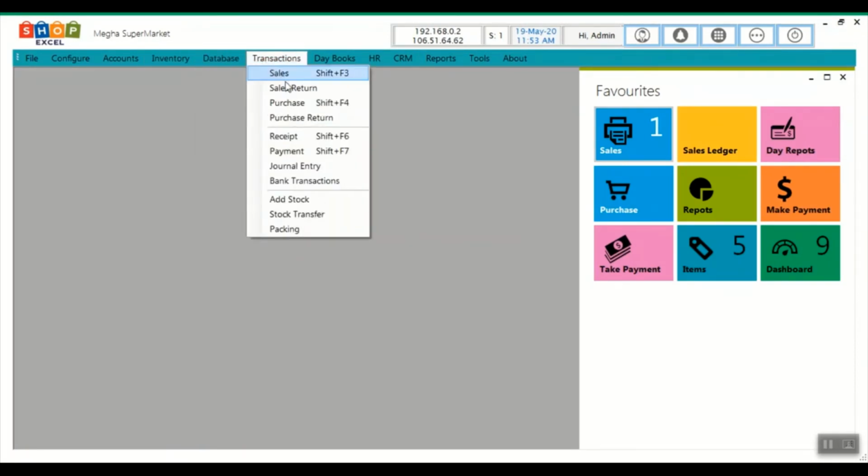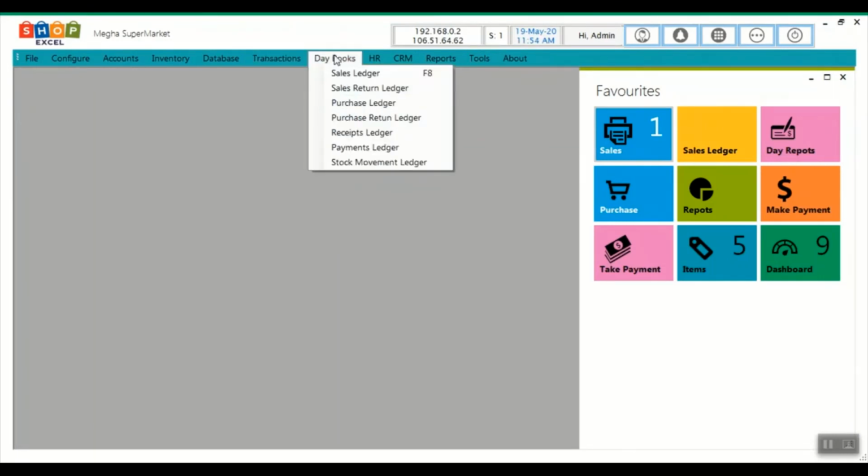Under transactions, sales return, purchase return, receipts. We have given a shortcut over here for this billing screen directly. Under daybooks, you have sales ledger. Here it will show the bills which you have created, sales bills, then sales return bills, purchase return bills, receipts, payments and the stocks.